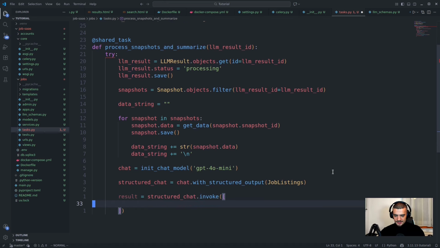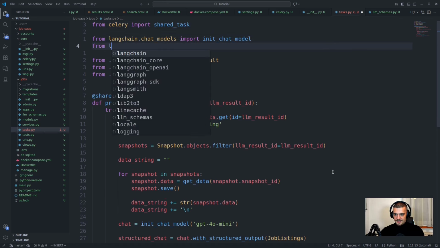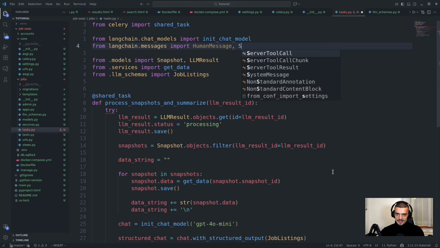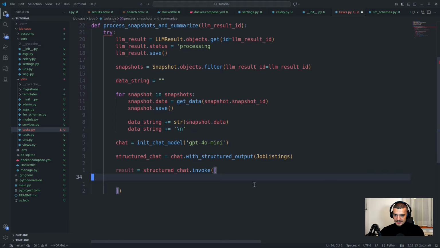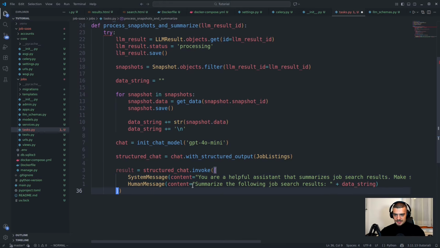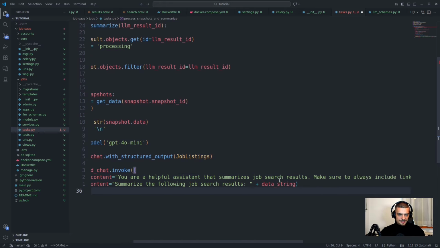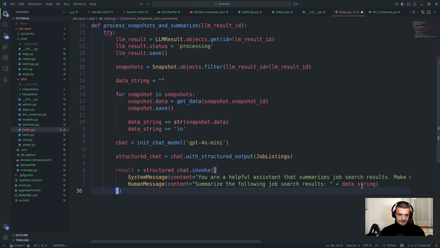And this time I'm going to use the message classes. So from, what was it, LangChain messages, import HumanMessage and SystemMessage. And then we're basically going to copy paste this here. System message, human message. You are a helpful assistant that summarizes job search results. Make sure to always include links and then summarize the following job search results. And we get the data string that we got from